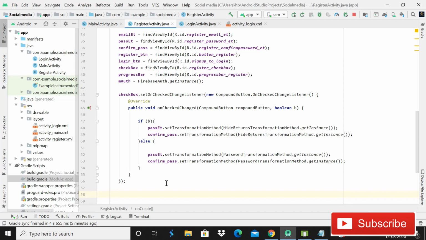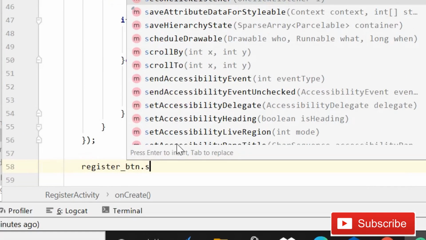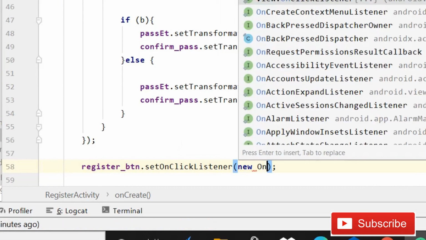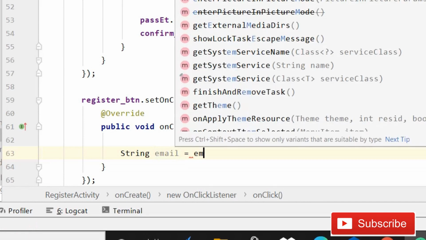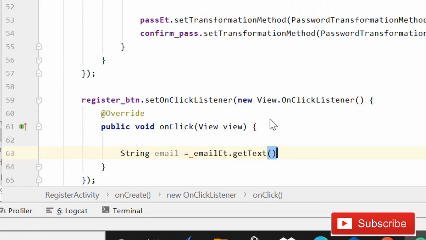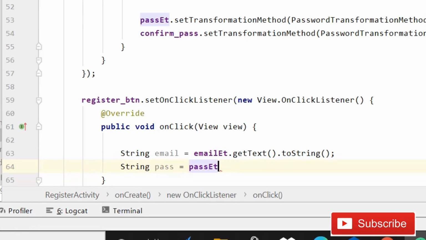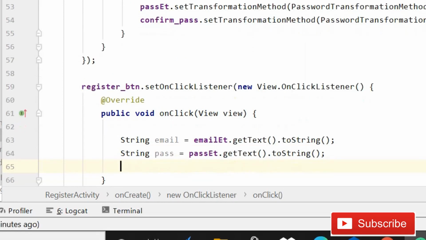So after this we will work with the register button dot setOnClickListener method. So simply write setOnClickListener, then new OnClickListener. So guys, we use the View.OnClickListener whenever we use buttons and we want to perform some action when the button is clicked. So here first of all we have to get the string, it means we have to get the email. So simply write email ET dot getText dot toString semicolon, and again that will be for password equals to password ET dot getText dot toString semicolon, then again String confirm